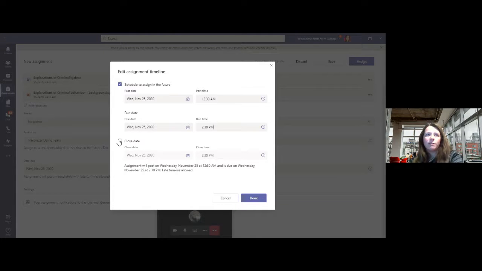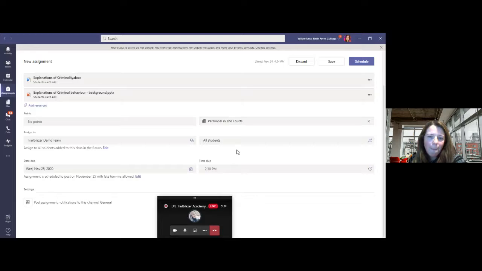I think sometimes students leave it to the last minute and then they have a tech problem and then they've missed the deadline. But what it will tell you on the hand-in form is how late they were, how far they missed the deadline by. So it's up to you. There's an option there for setting a close date or not. I'm going to leave it so that it allows late turn-ins.